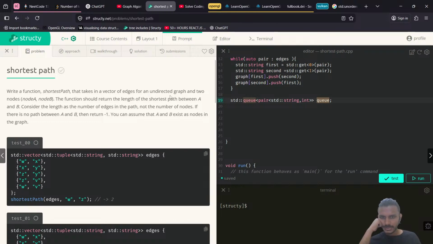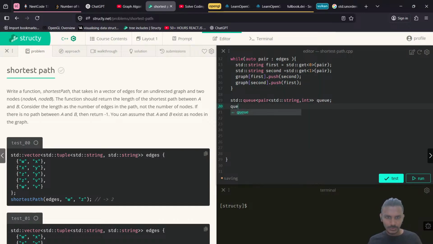Okay, so let's say first let's consider that not being the case. Okay, so what we're gonna do is we're gonna just add the first element here, push. What should it push? So push. Okay,